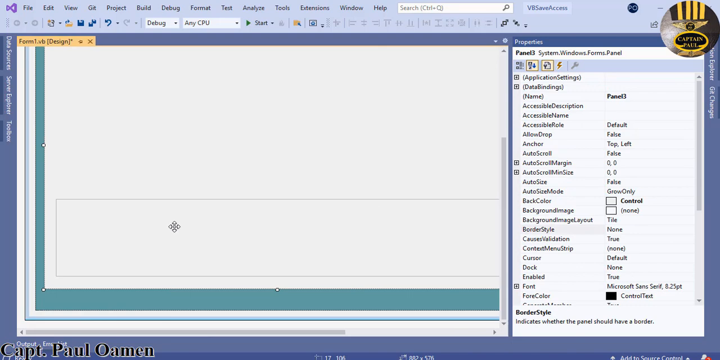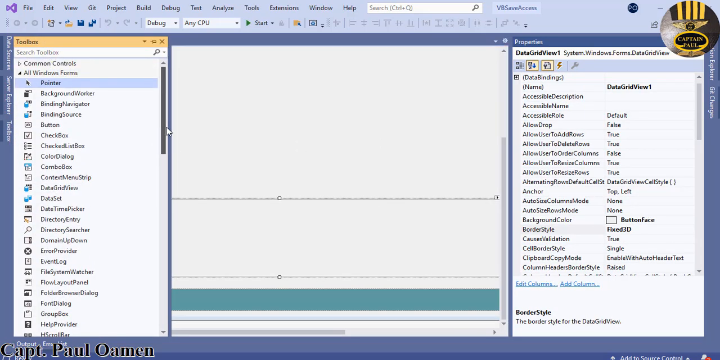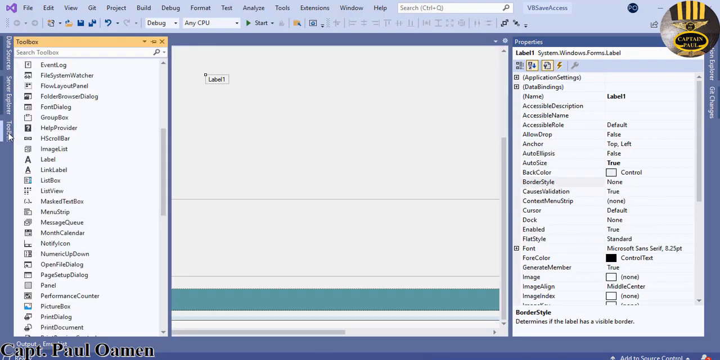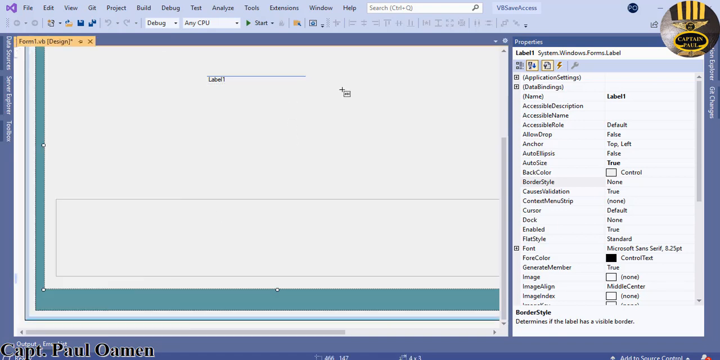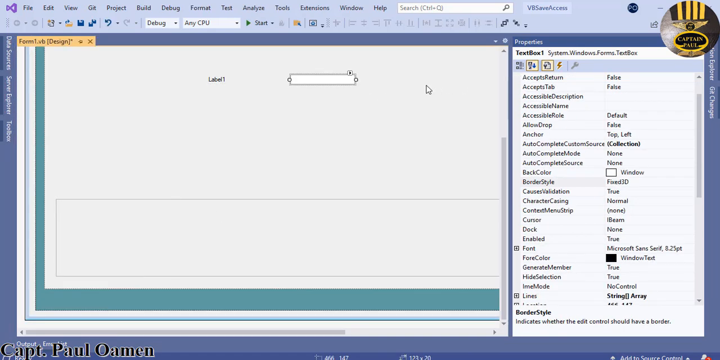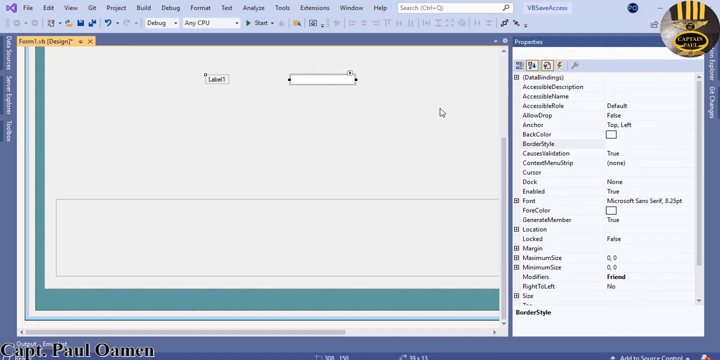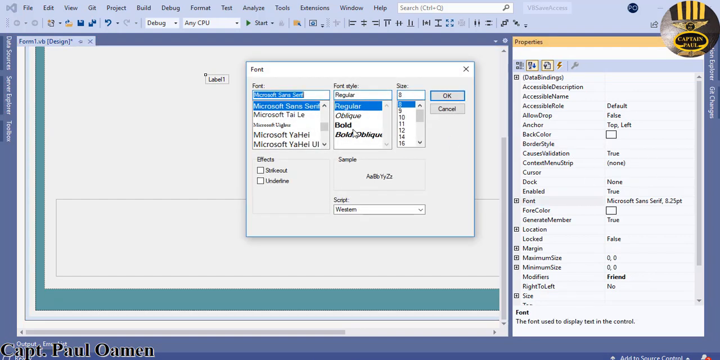Right, that is fine. Now let's come back in here. I then need labels, one label here, and I also need a text box there. I'm going to change the size of both components. Just select them both and come right here. Let's change it to something a bit readable,